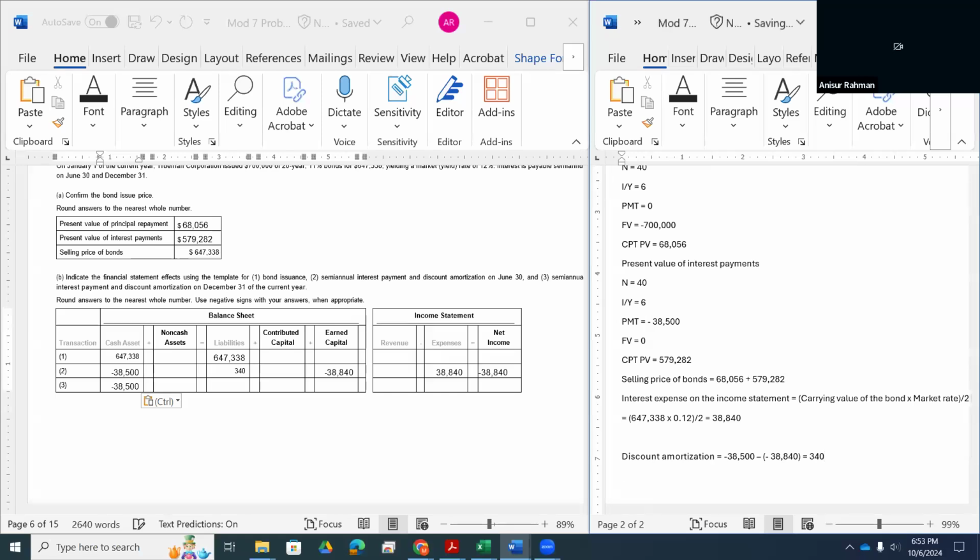So carrying value of the bond is 647 plus 340. So if we add these two,